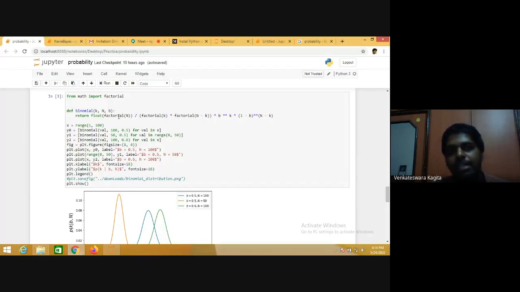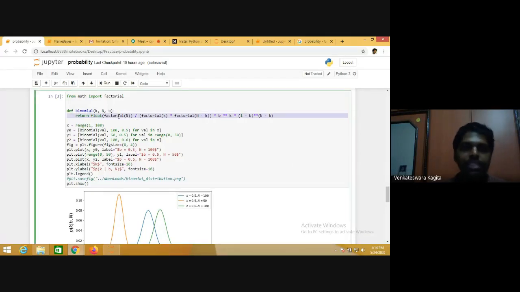This morning we have seen the binomial probability distribution formula: n factorial by k factorial times n minus k factorial, times probability of success p power k, times 1 minus p power n minus k. That's what we have seen, right?